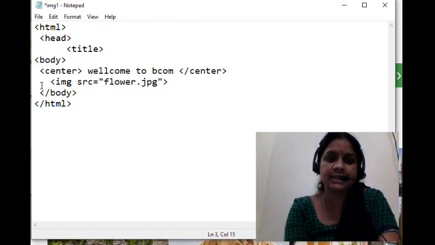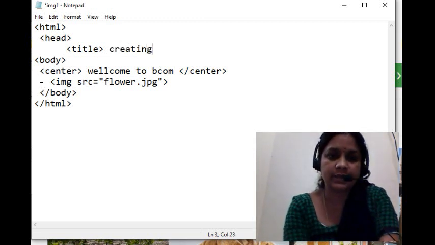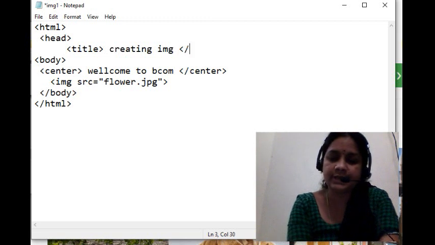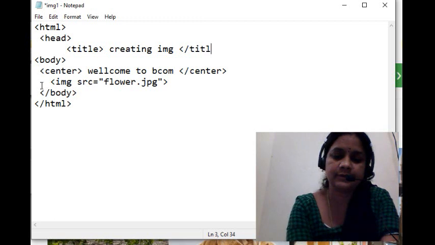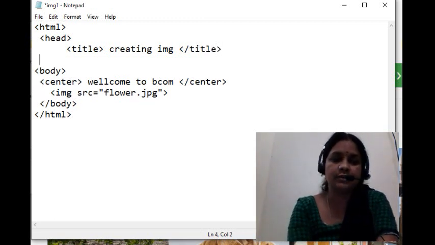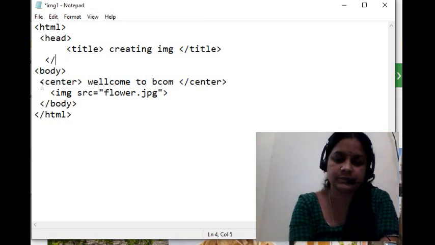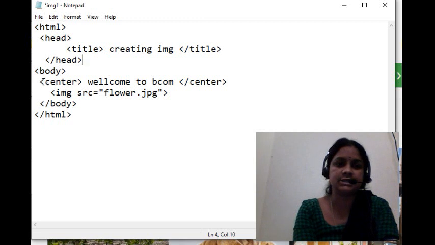What is the name of the title? Creating image. Okay. And next I close the title, then I close the head section.